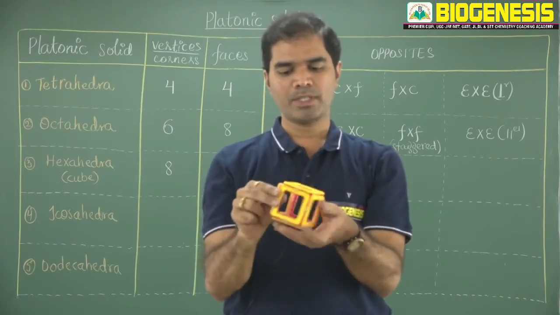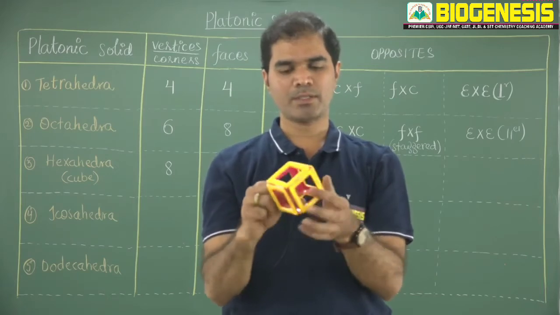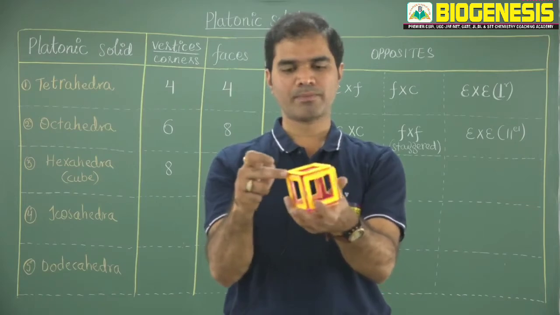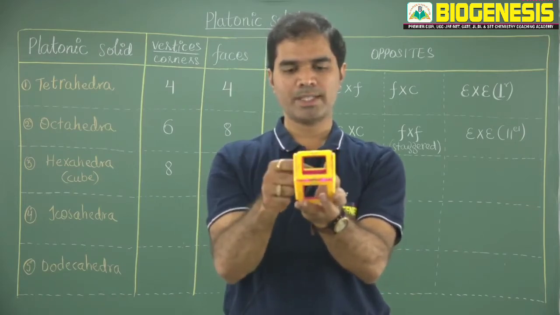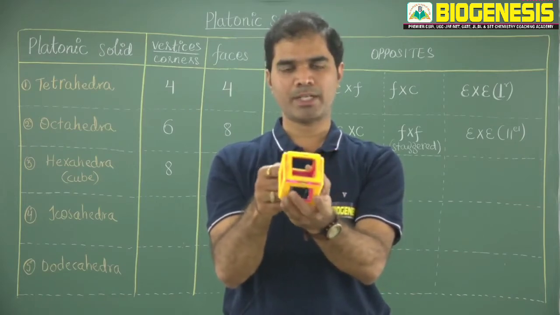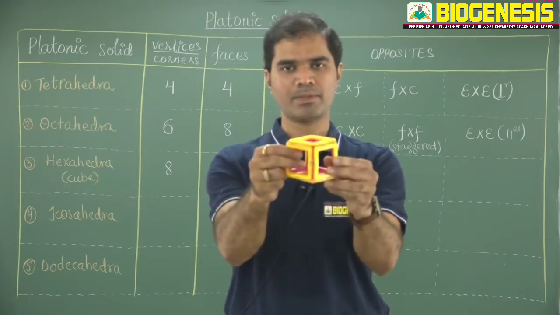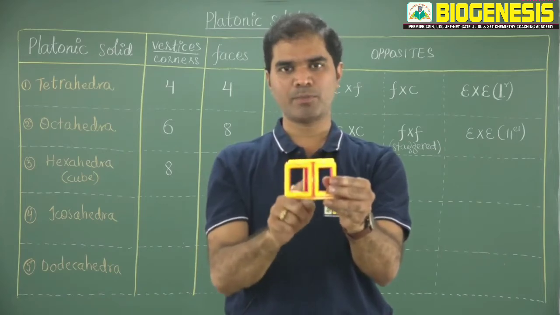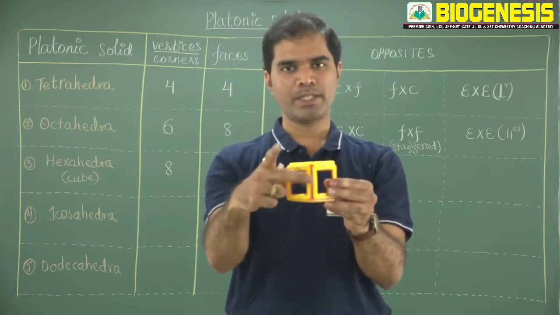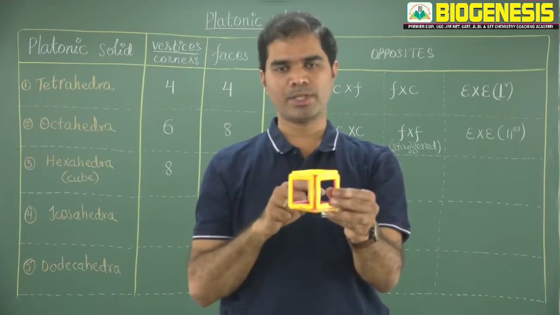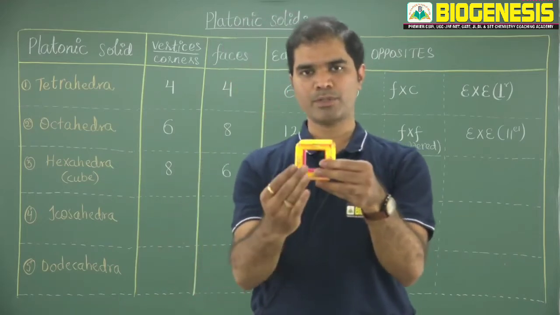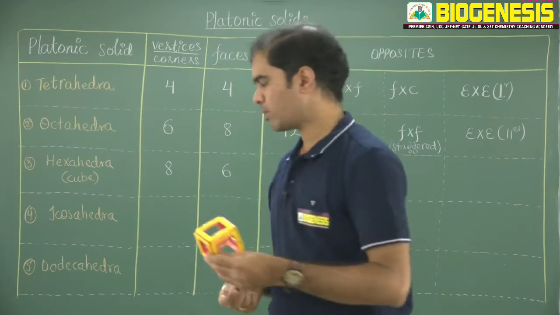So corner to corner is established, face to face is established, then come to the edges. If I choose any edge, let me choose this edge, exactly opposite is another edge which is parallel to it. I may hold it this way also. If this is the edge pointing towards you, exactly opposite is another edge pointing away from you. So edge to edge, corner to corner, face to face. Edge to edge is parallel, face to face is eclipsed, and corner to corner.